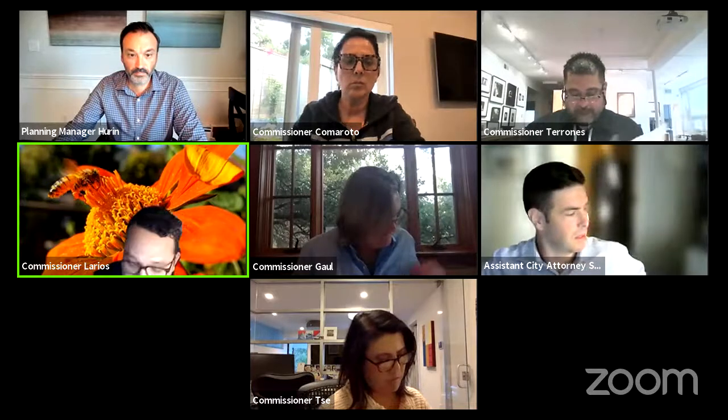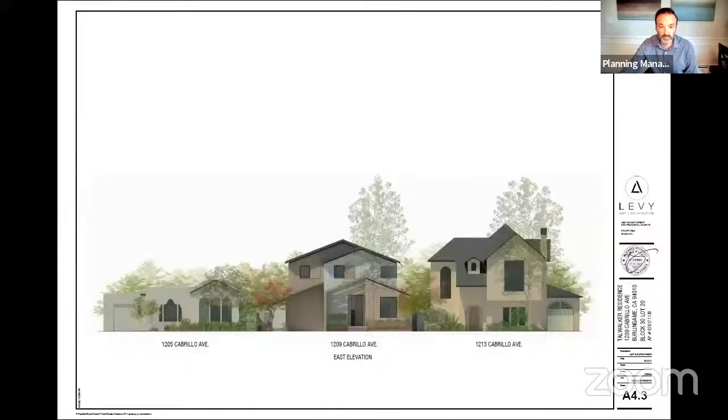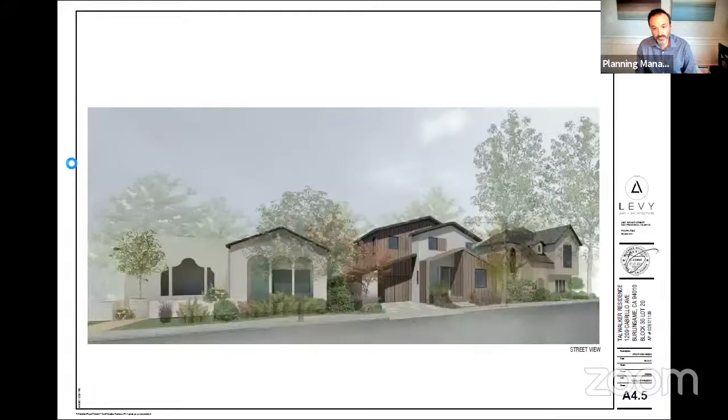Can we hear a staff report, please? Yes, this is an application for design review and special permit for attached garage for a new 2-story single-family dwelling and attached garage at 1209 Cabrillo Avenue, zoned R1. The applicant is proposing to demolish an existing 2-story house and detached garage to build a new 2-story house and attached garage. The proposed house and garage will have a total floor area of 3,019 square feet, where 3,020 square feet is the maximum allowed.